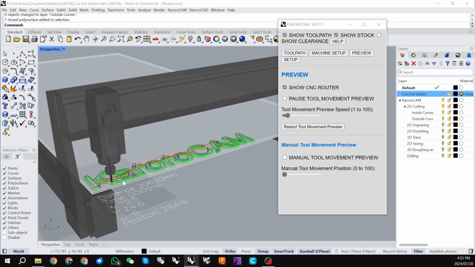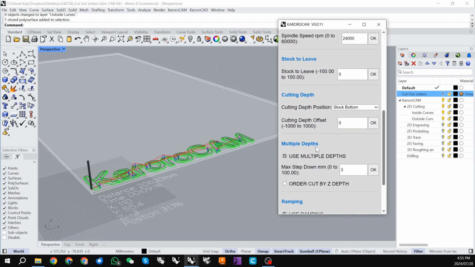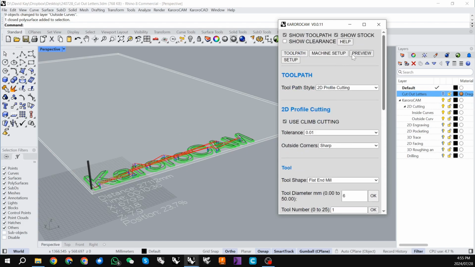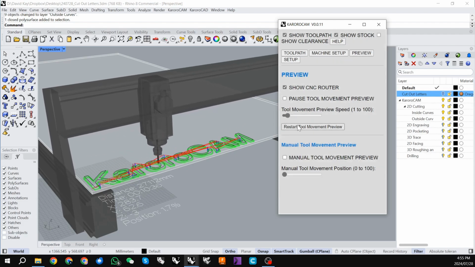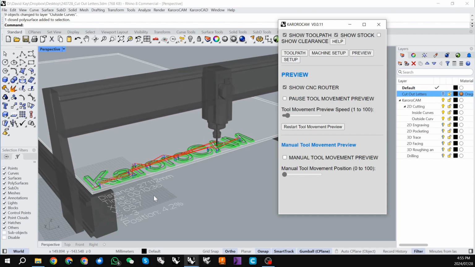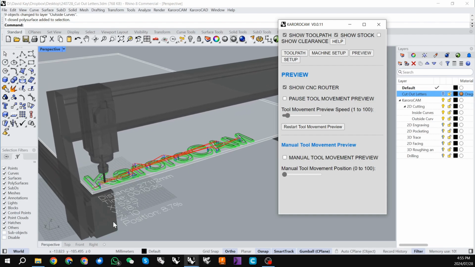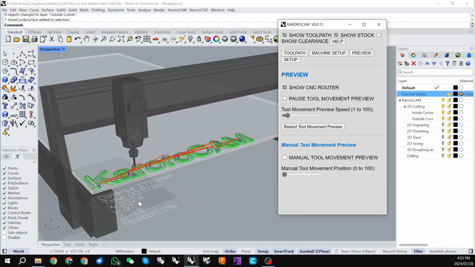I might want to change this to actually do by Z depth rather than machine complete letters. I'm going to go back to toolpaths, and under multiple depths there's order cuts by Z depth. If I select this, you'll see there's a few more rapid movements, but if we go back to our preview and restart, we can see we're just doing a first 3mm deep cut on all of the letters,